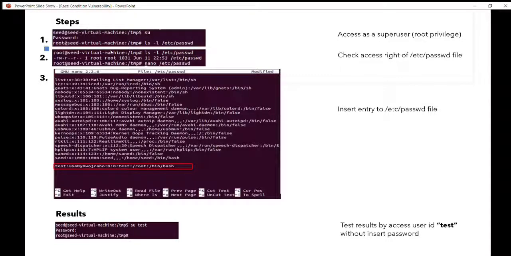And then from here we can see that this file can only be written by a root privilege user and only read by normal users. So a normal user is unable to write to this file. Okay, so in order to write to this file, we will use the command nano /etc/passwd, and then we will insert this entry into the /etc/passwd file,